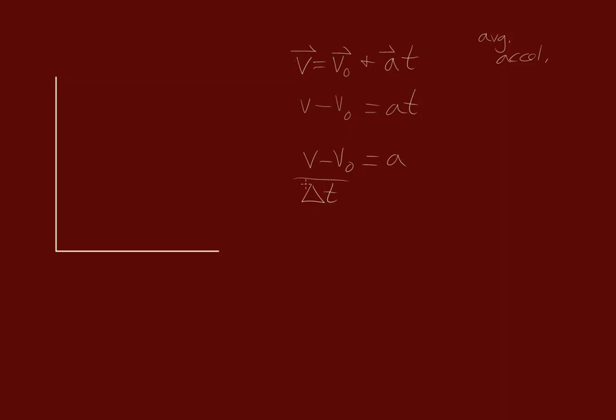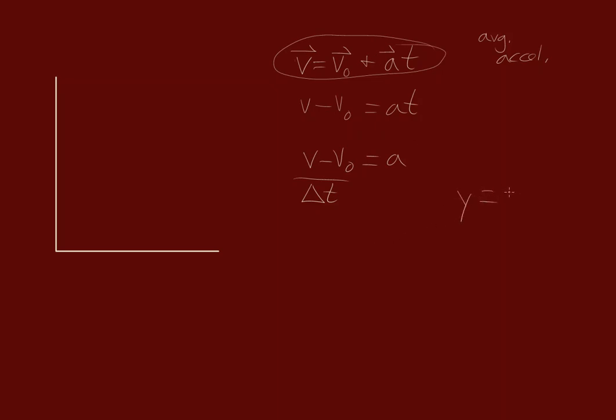And so I wanted to show you basically that the kinematics equation is our definition for average acceleration. But I also wanted to show you, if we take a look at the equation as written,